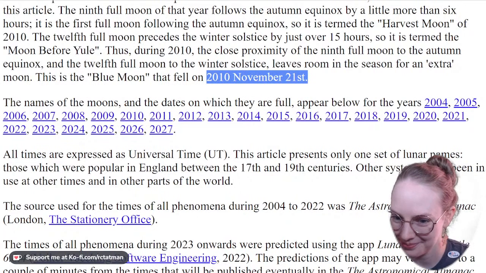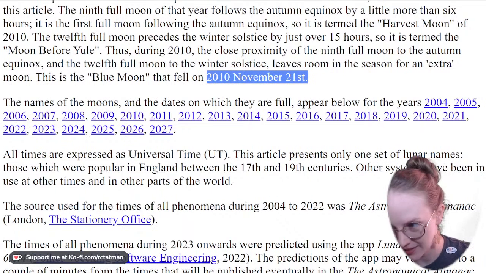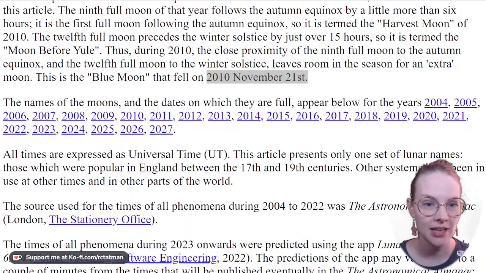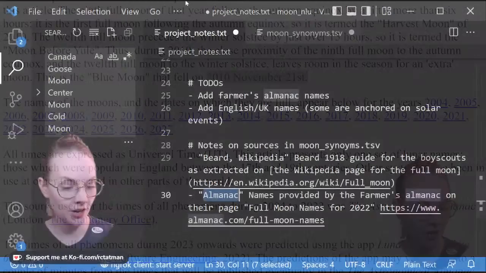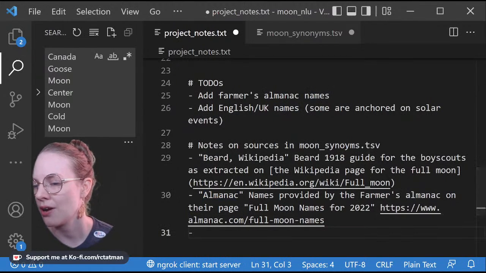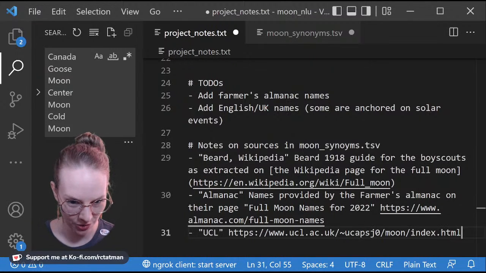Year first. All right. Okay, so this has the dates for... Ooh, this might actually be a really good resource for us to use in our next thing, which is to try and figure out what the dates are. So I'm gonna... What would I call this? UCL, I think, is probably the best name for the source.